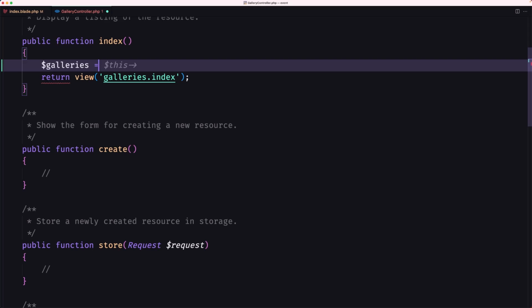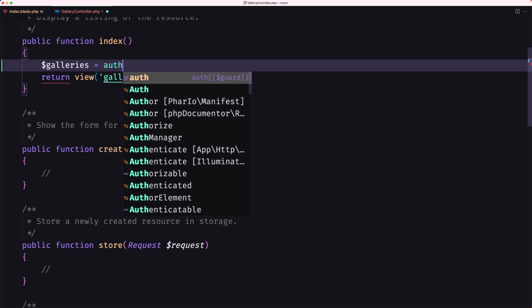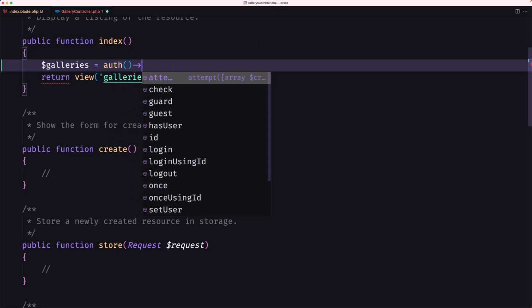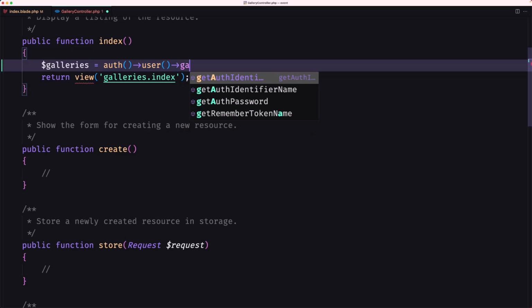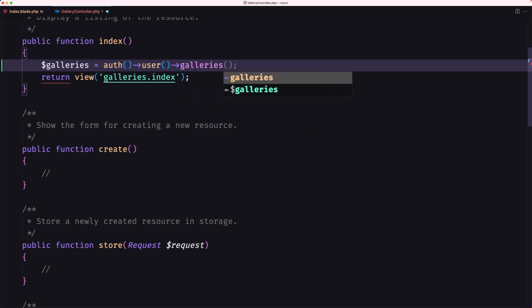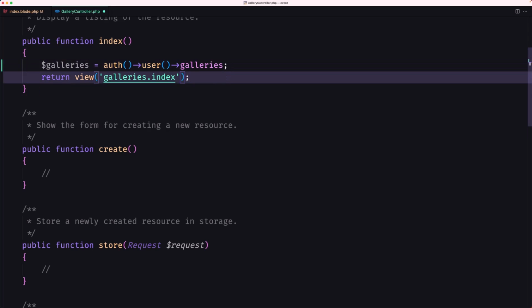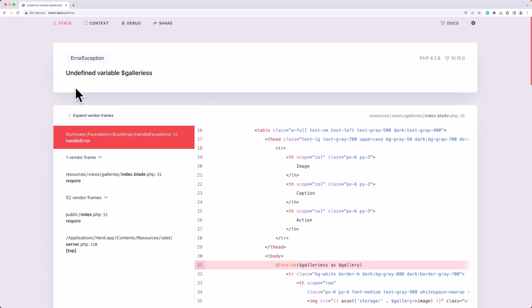Galleries is going to be equal with auth user and use the relationship galleries. And we're going to use the compact here to pass the galleries like this, and let's save. Let's see on the browser what we have now. If I refresh,